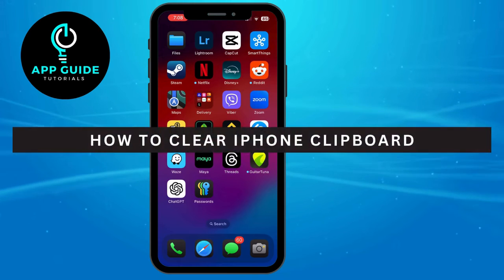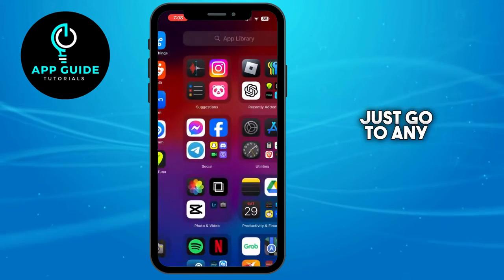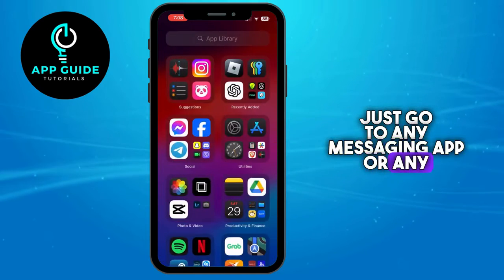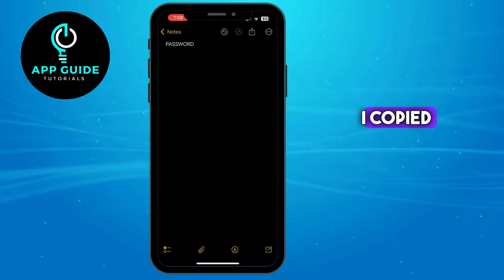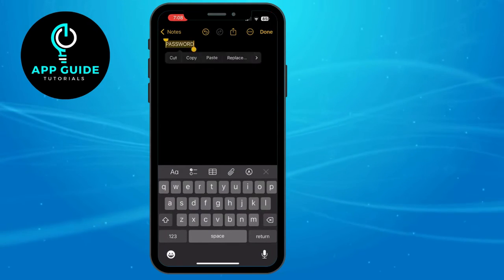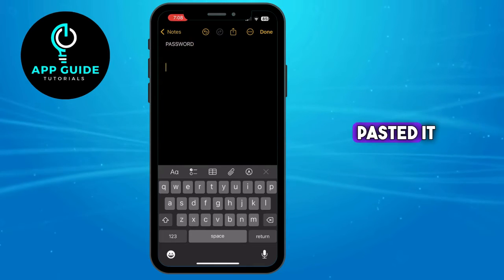How to clear iPhone clipboard. So first, what you want to do is just go to any messaging app or any text app that you have. So I'm just going to go to Notes right here, and let's say I copied my password just like so. And once I've pasted it on whatever I pasted it onto,